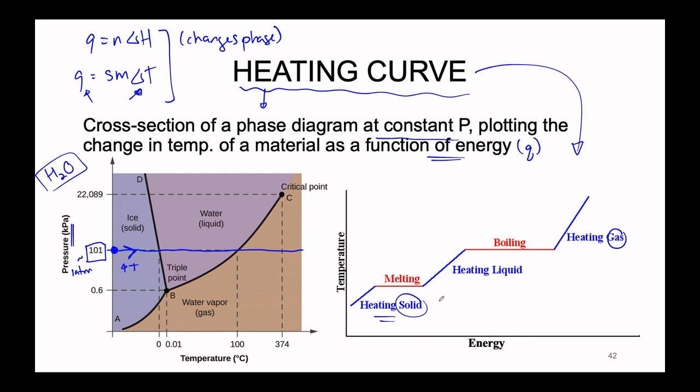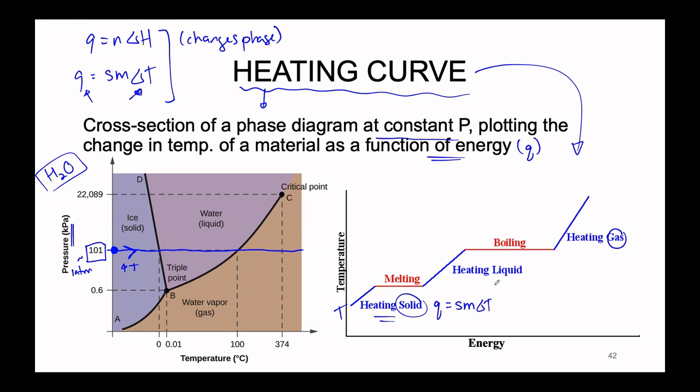There is a positive correlation here. The amount of energy specifically necessary to heat up our solid from whatever temperature it's at, we'll just say temperature T, in order to get it up to its melting point, is equal to the specific heat of the material times the mass of the material times